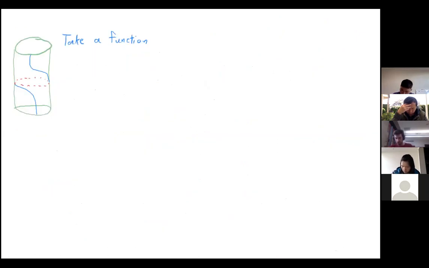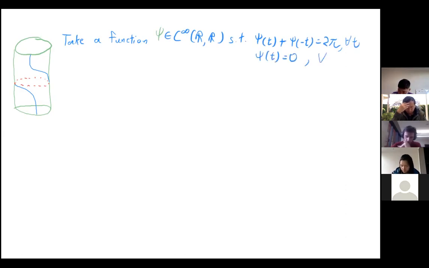Okay, so let's take a cutoff function. The cutoff function is smooth, such that it is pi for t near zero, and is 0 for large t. Then the model Dehn twist, tau,